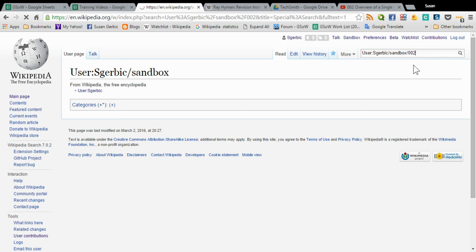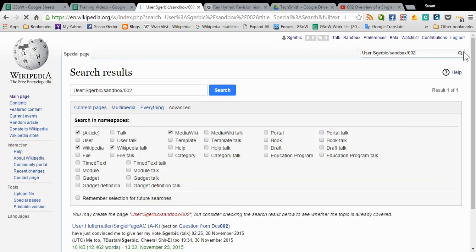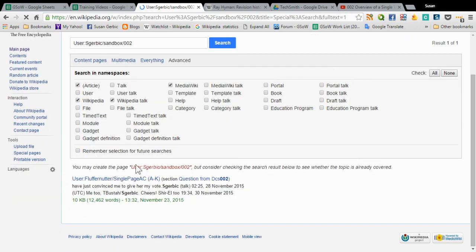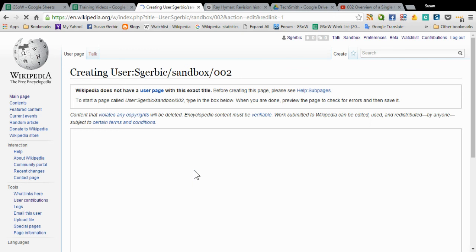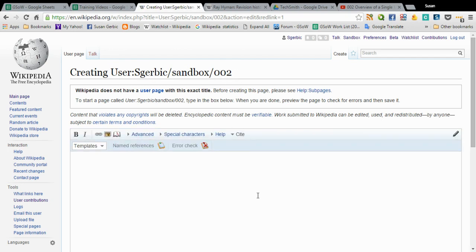You put that in there and you search for it, and it's saying that it does not exist, but you may create it. So I'm going to create it by clicking on it. See, it's that red font. And now I have a new Wikipedia page, Sandbox, that's named 002. So I can have an infinite amount of sandboxes if I want to have more than one project running at one time. So I'm going to say created new sandbox